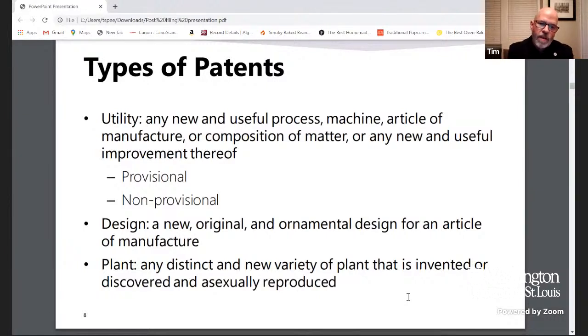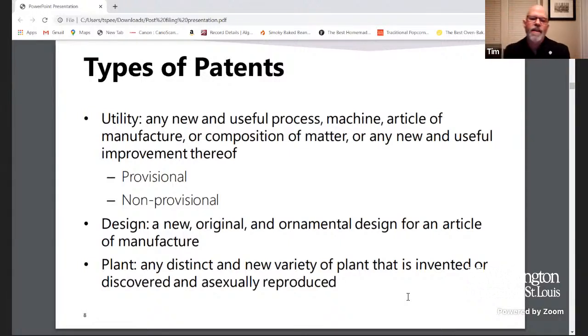So as James mentioned earlier, we talked about provisional and non-provisional, and we'll touch on those again a little later. Provisional applications are filed, and they expire 1 year from the date of filing as a matter of law. So you can file a non-provisional application that claims priority to that, and then that non-provisional application will be examined and can actually result in the issuance of a patent.